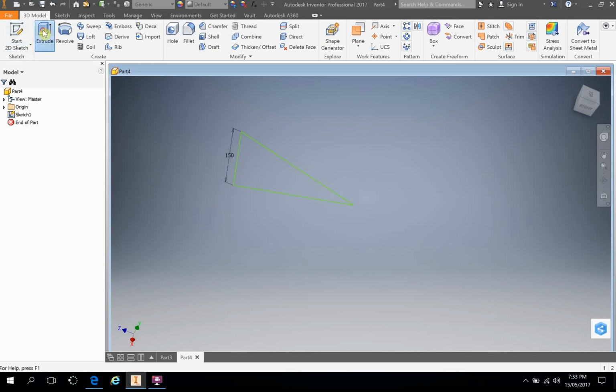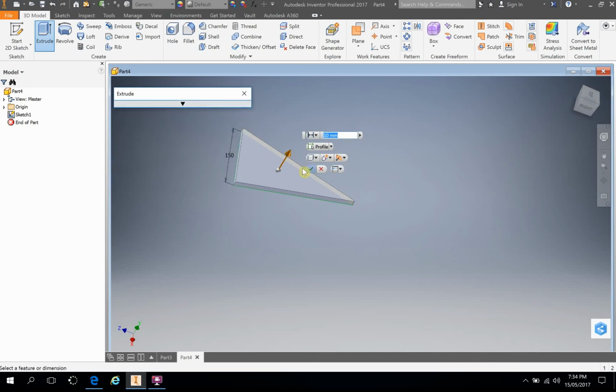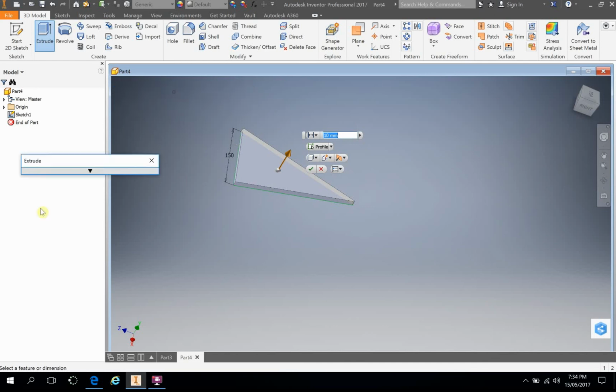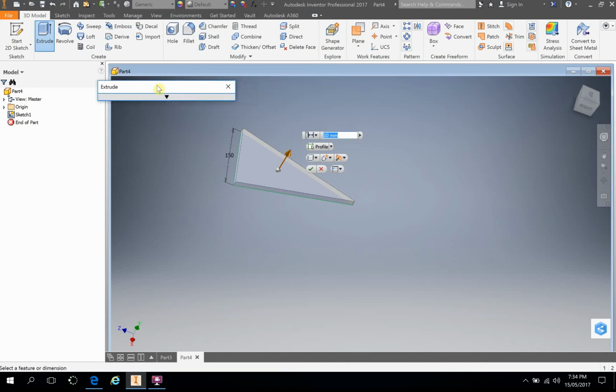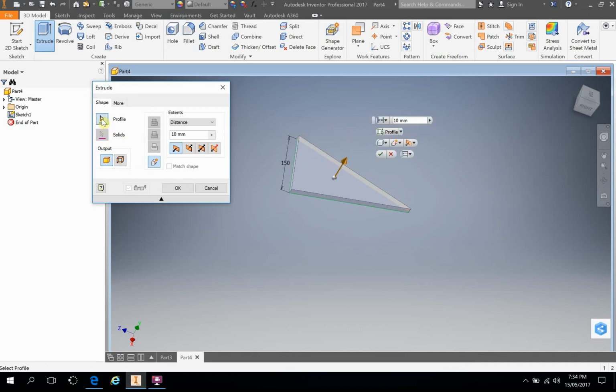I can then click on extrude, and don't be alarmed if the first time you do this your computer looks like this and you're thinking, gee, that didn't look like the example. Just look for this panel. Sometimes it's over here or wherever. Just look for it and click on the down arrow, and you will find all the different functions you can use for extrude. If you're extruding and the computer can't figure out the profile you'd like to extrude, because maybe there's two different options there or something, often happens in a complicated sketch,